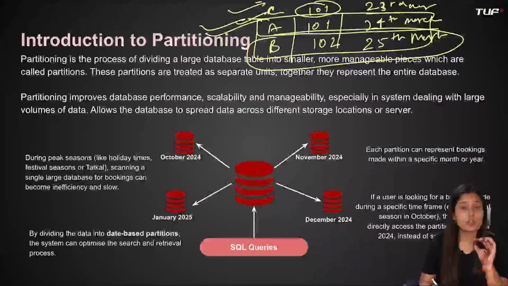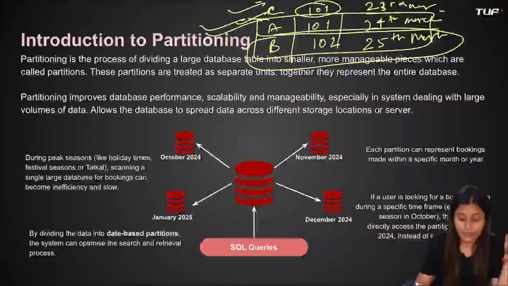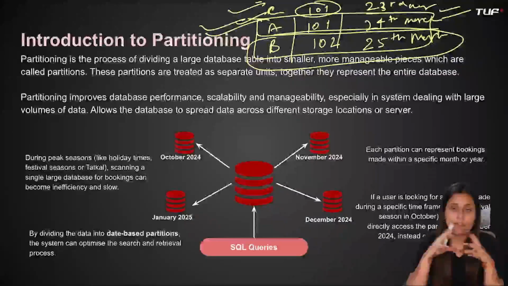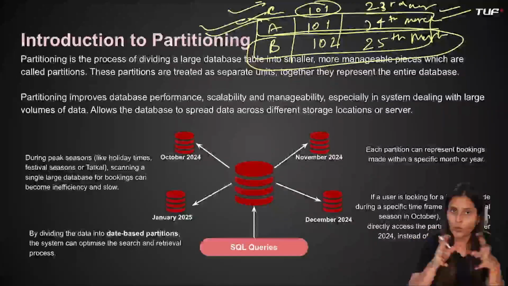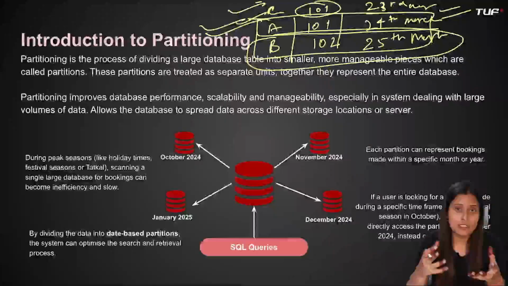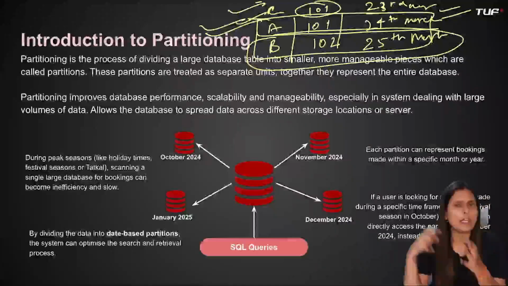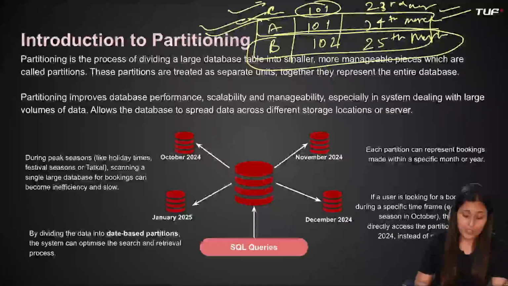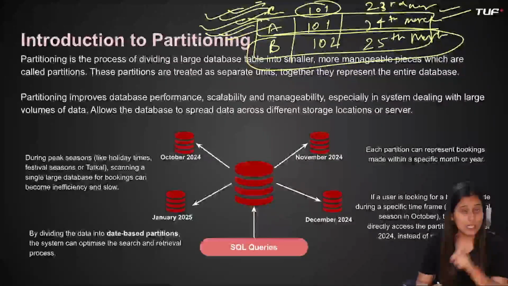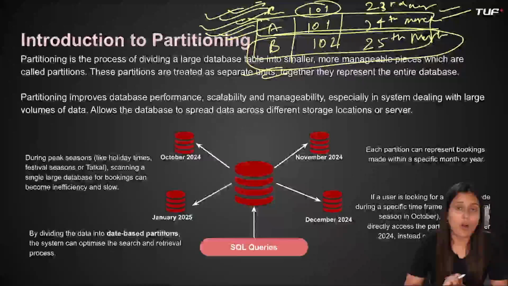Or else we can also do the partitioning on the basis of date, right? We can collect all those rows having a date less than 24th March in one partition, and the dates greater than 24th March will go in another partition. So two partitions. In the first partition we will have C and A, and the second partition will have B. So partitioning conditions means on what basis and what conditions we want to divide the data so that manageability and performance will be better.